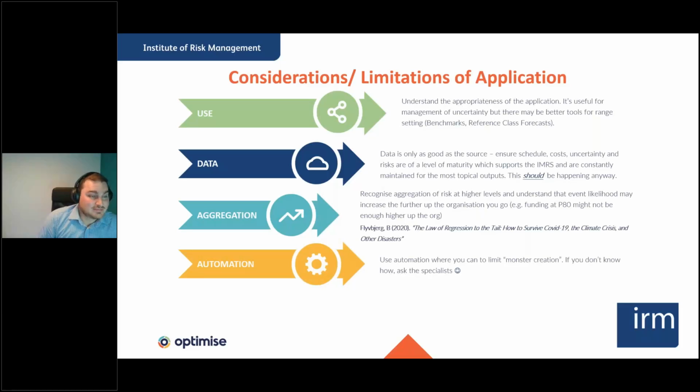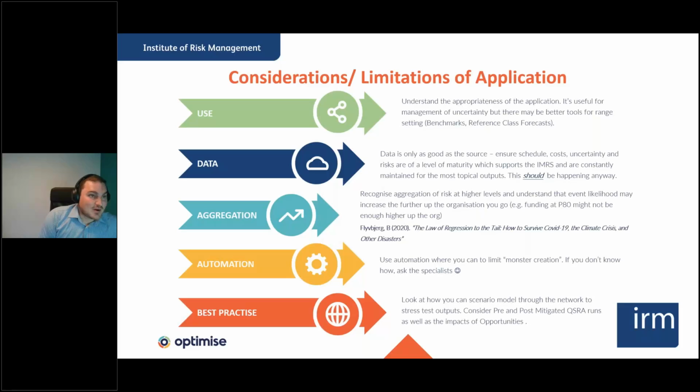Automation is going to be absolutely key. So you need to use technology to automate the process as much as possible. That's going to give you really big savings in terms of making sure that we don't end up creating a monster. As I said, the underpinning data should be being kept topical anyway, but when we're building the software, it could become a monster creation project, and we don't want to get into that. So we need to try and think about how we use automation to try and get the best value out of this with the minimum effort involved. And if you don't know how to do automation, then feel free to ask the specialists.